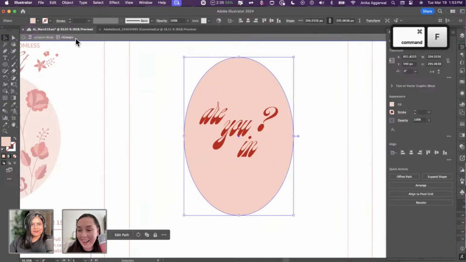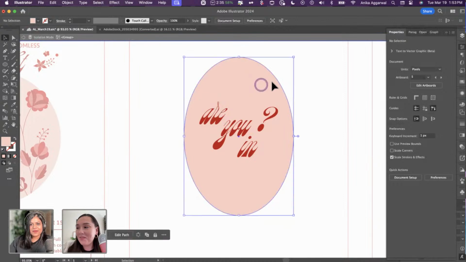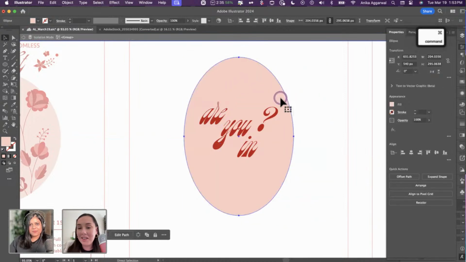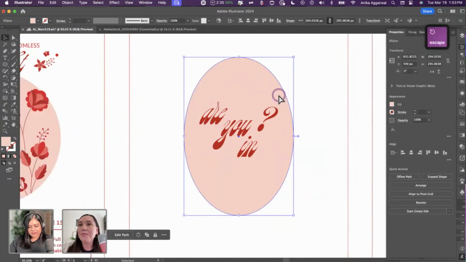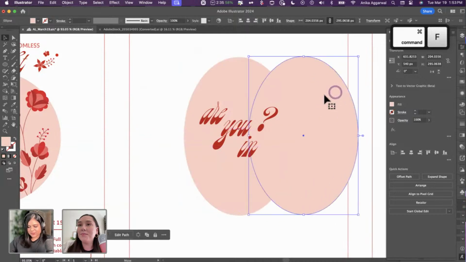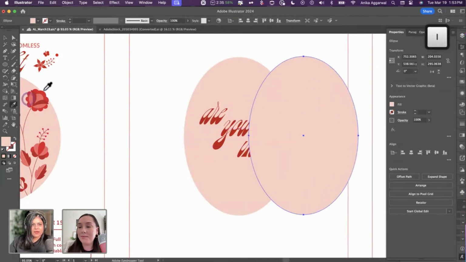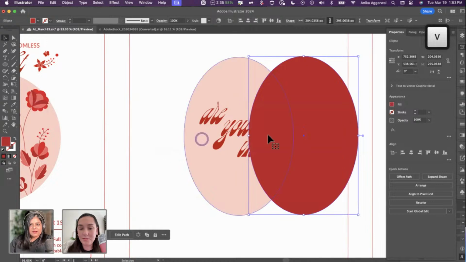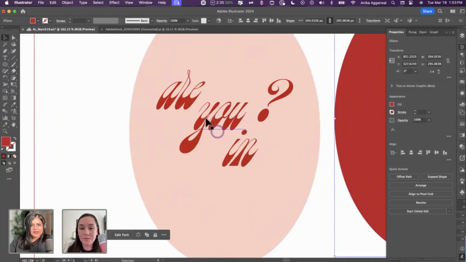Oh, what happened here? Sorry about that. Okay, I'm going to paste it in place. Oh, I'm actually pasting it in the group. That's why it's not pasting. So here's a different shape. I'm going to bring it to front. And then what I want to do here, because you see how this font has these glyphs, some of the widths are really small and some are really big, with the A and the R's and the E.